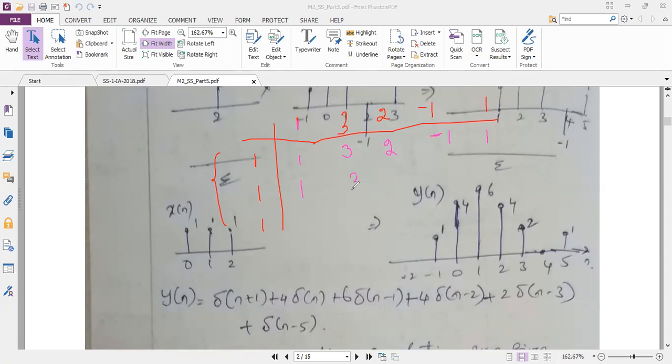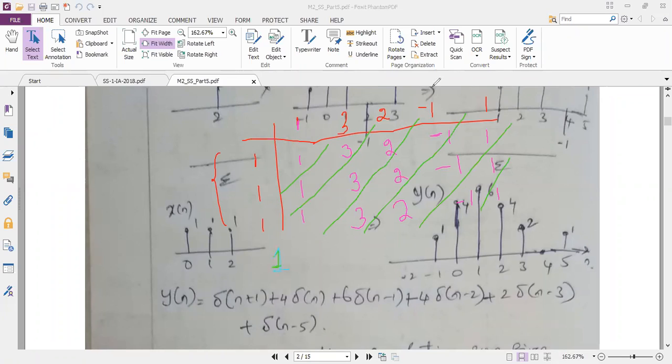Since x of n is 1, our work is much easier. So multiplication with that will give me the same answer, 1, 3, 2, minus 1 and then 1. So the next step is I have to just arrange it in diagonal manner. If you leave sufficient space, you can easily make these diagonal lines. And okay, as per this diagram, my first answer is 1.